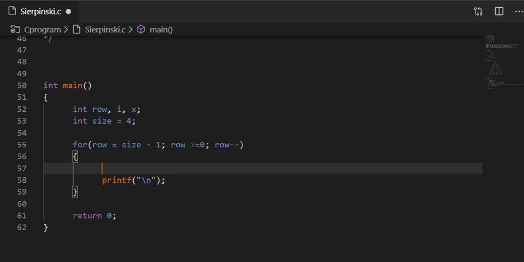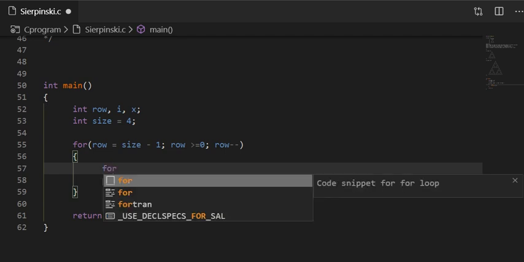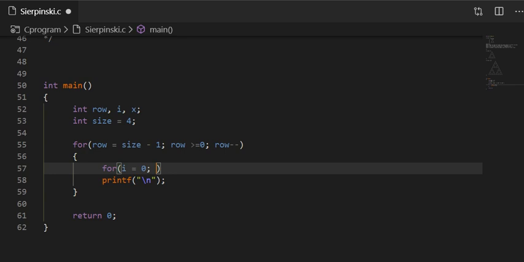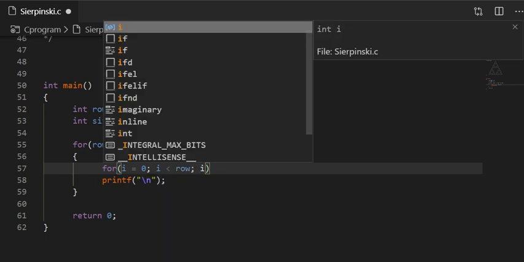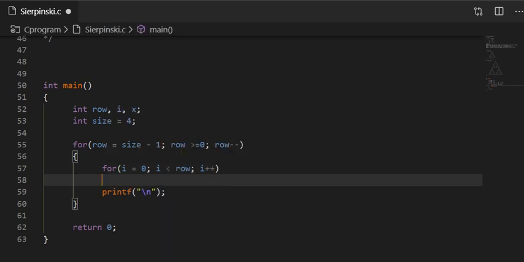Now in each row, step 1 is to fill with spaces equal to the current row value. So for i equal to 0, i less than the row value, we have to print space. So I'll have a space printed.